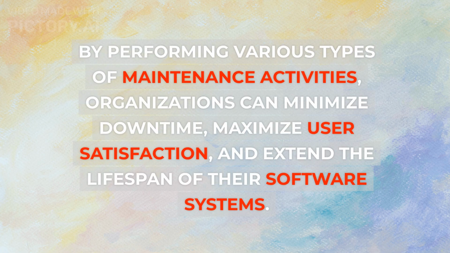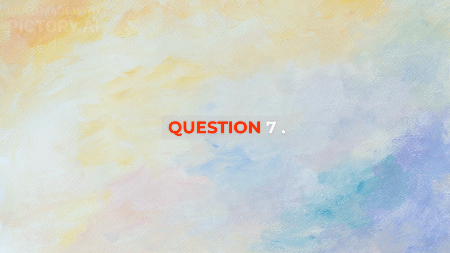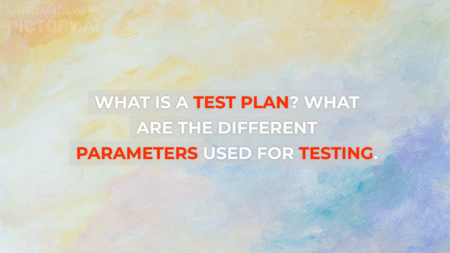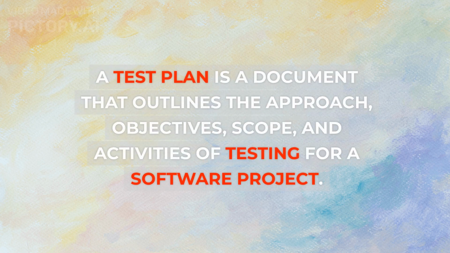By performing various types of maintenance activities, organizations can minimize downtime, maximize user satisfaction, and extend the lifespan of their software systems. Question 7. What is a test plan? What are the different parameters used for testing? Explain. A test plan is a document that outlines the approach, objectives, scope, and activities of testing for a software